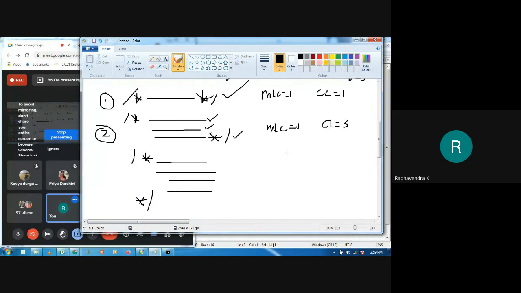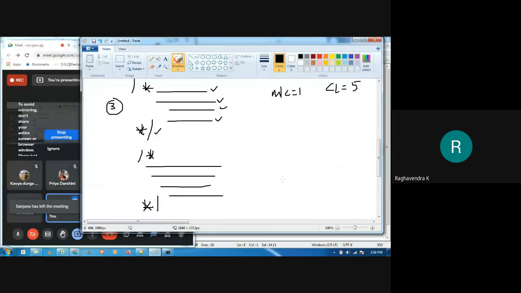In the third case, how many multi-line comments? One. But how many comment lines? This is one comment line, second, third, fourth, and of course this is also a part of the comment, so fifth. So 5. In the last case, the fourth case, how many multi-line comments? One only. But how many comment lines are there?